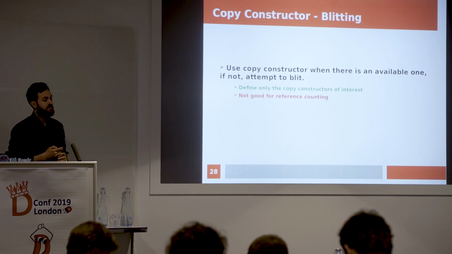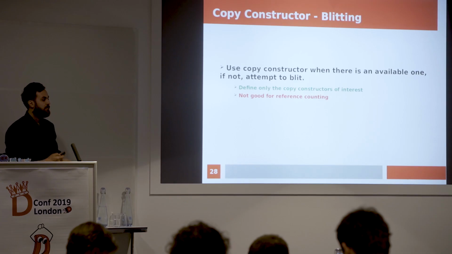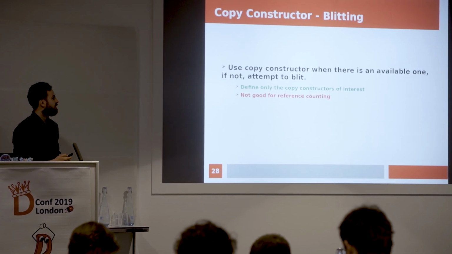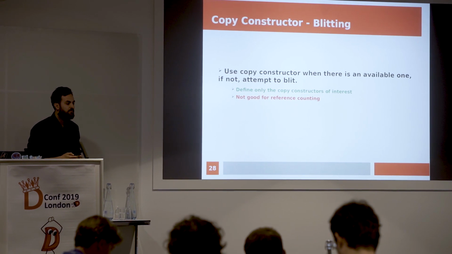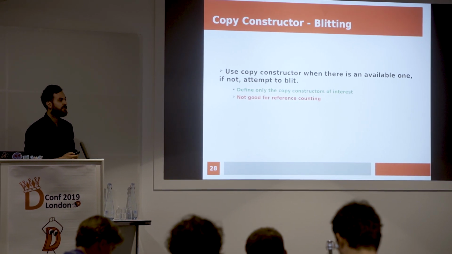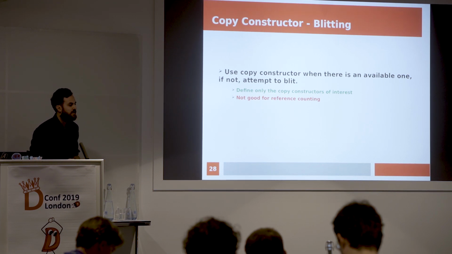But it has the disadvantage that it cannot work with reference counting. For example, if you want to implement a reference counted object and you define, let's say, 15 copy constructors and you forget to define the immutable to immutable one, once you try to do initialization by copy, then the compiler is going to go behind your back and do some blitting,